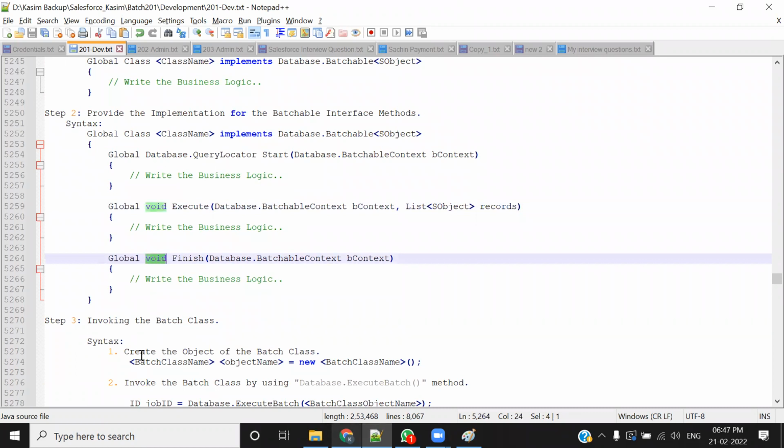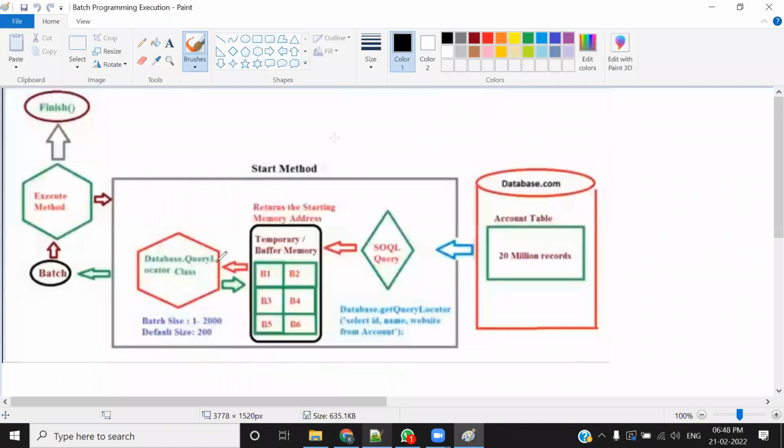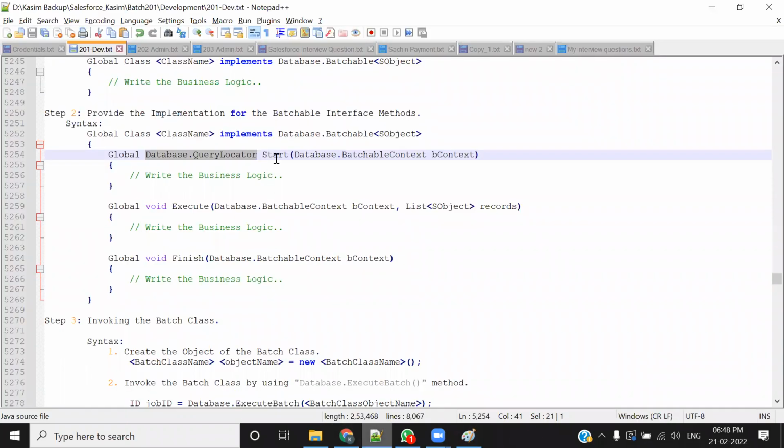जैसे आपके एग्जीक्यूट मेथड का रिटर्न टाइप वॉइड है, फिनिश मेथड का वॉइड है, वो कुछ नहीं देते। लेकिन स्टार्ट मेथड का रिटर्न टाइप है डेटाबेस डॉट क्वेरी लोकेटर क्लास। इसको आप बैचेस ही समझो। डेटाबेस डॉट क्वेरी लोकेटर मतलब ये, इसको आप बैचेस समझो। बिकॉज ये क्लास इंटरनली बैच को पुल करता है और बाद में पुश करता है, पुल पुश पुल पुश। तो डेटाबेस डॉट क्वेरी लोकेटर एक क्लास है, उसको इंटरनली आप बैच ही समझो। इसको अगर कोई निकनेम देना चाहते हो तो बैचेस का नाम दे दो। तो स्टार्ट मेथड का रिटर्न टाइप क्या है? बैचेस। और इंटरनली कैसे लिखा जाता है? डेटाबेस डॉट क्वेरी लोकेटर। तो ये है स्टार्ट मेथड का रिटर्न टाइप।